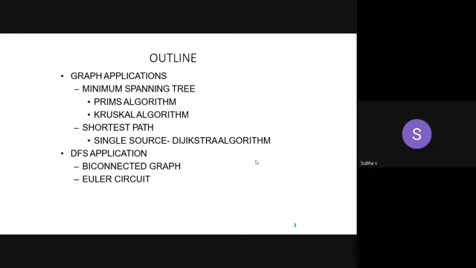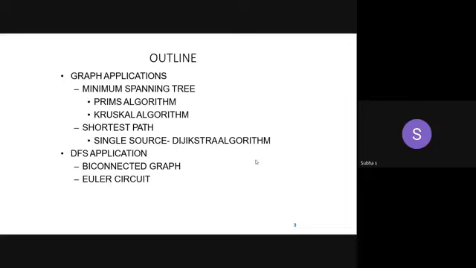Under shortest path, we have an algorithm called Dijkstra's algorithm. The J is silent, you can call it Dijkstra, but Dijkstra's algorithm. It is mainly used for finding the shortest path using a single source. Single source means I define one particular point as the source. Then from that point, I traverse to other cities. I played a video on Euler, the name of the inventor, Euler. He has to move to different places, but he has to cross all the bridges like that. In that place we can use the shortest path.